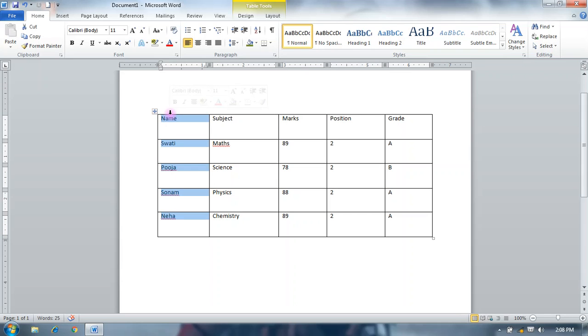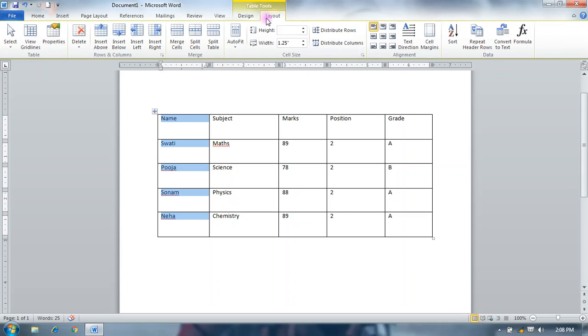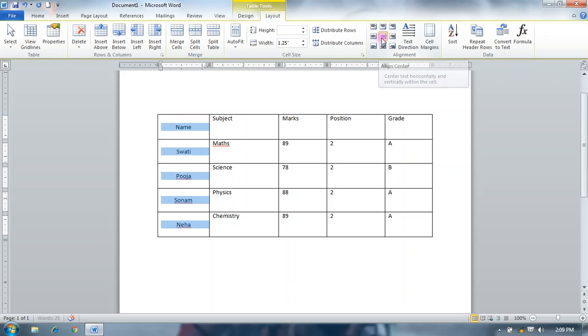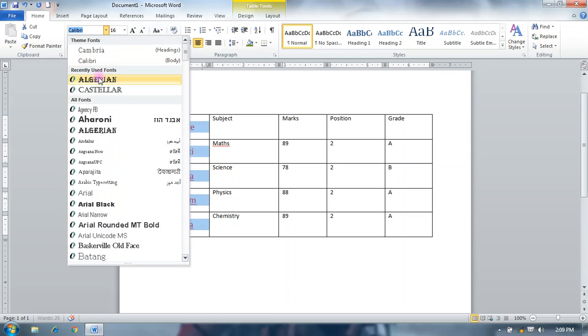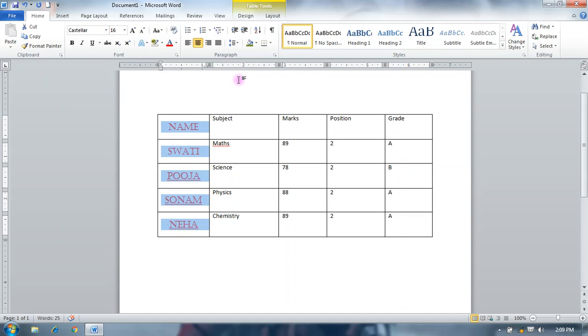This selects your entire column and you can change from here, select align center like that, and you can apply formatting to the whole column as per your requirement. Like you can change your font name, font size, or color like this.